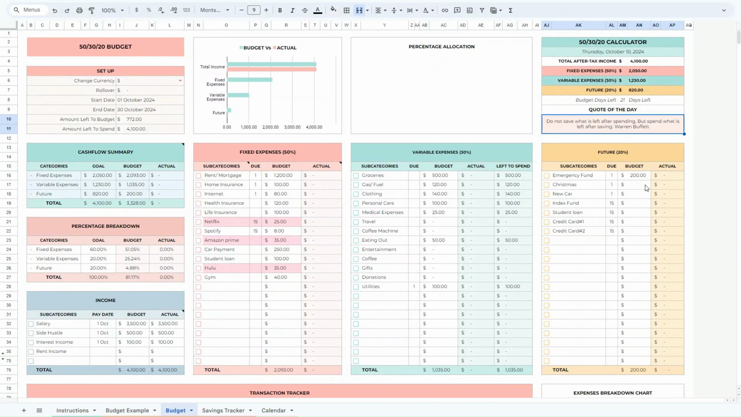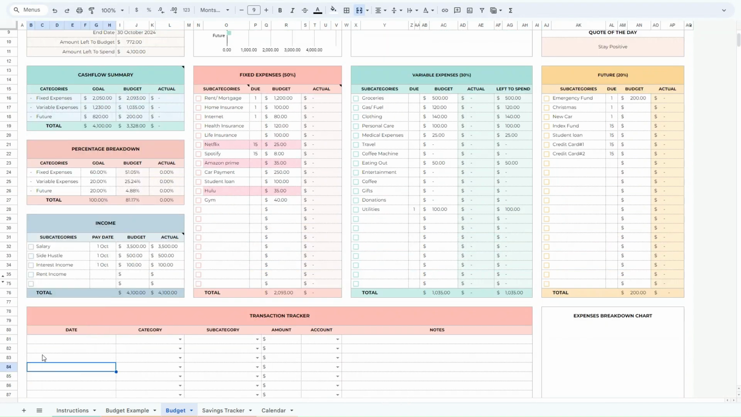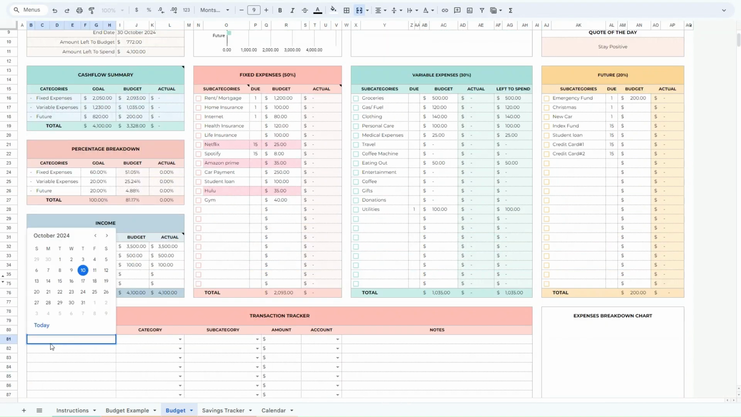And you can type your quote or the affirmation of the day. And when it comes to tracking your fixed expenses, variable expenses, and future, we will use our transaction tracker over here. And to start tracking, you will double click on the date cell here and choose your date, or you can type in your date,